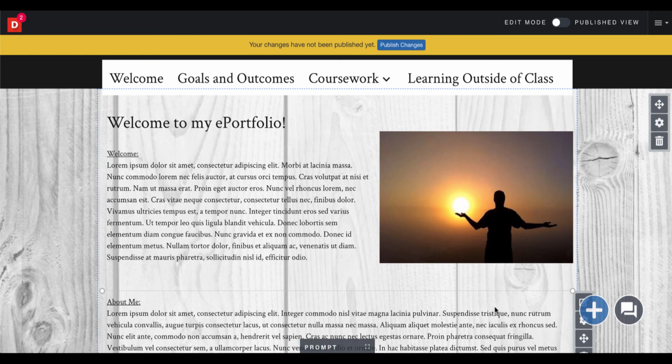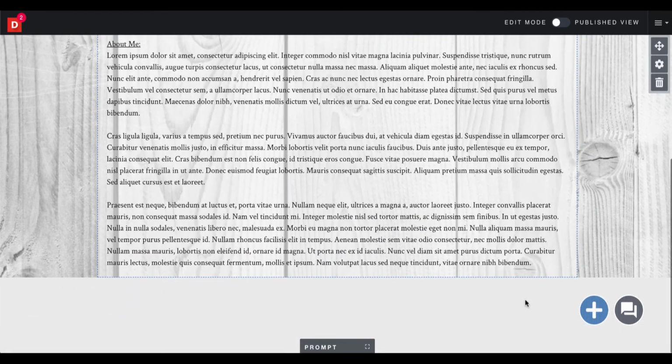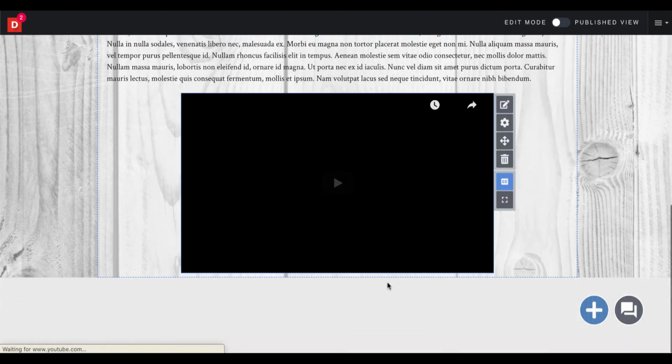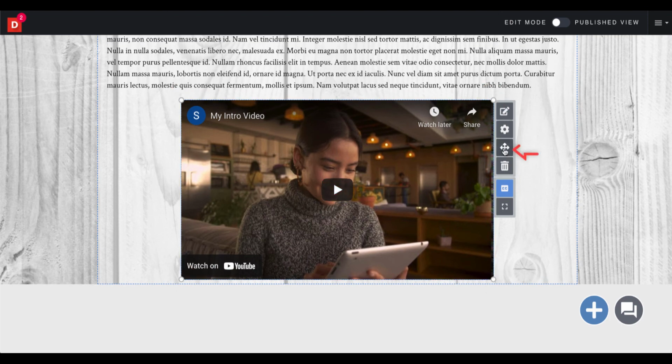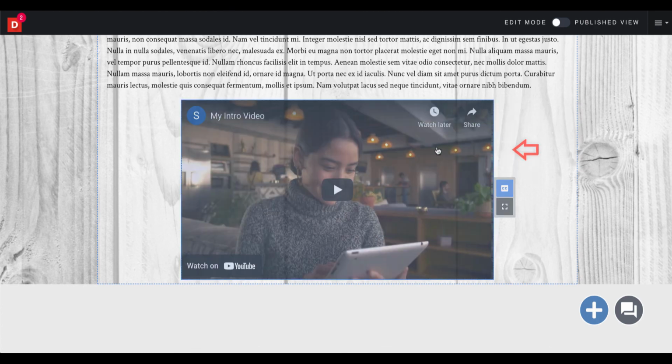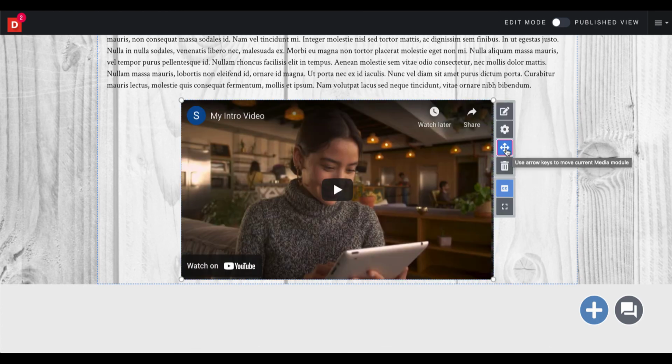Once you do that, it's going to pop your video in at the bottom down here, like so. And then you can resize it if you need to by using the little circles in the corners here. You can move it around by clicking this button here, and then you can move that to your liking,